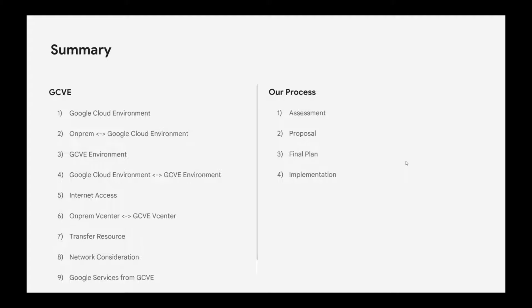Seven, we'll do an actual transfer of resource and talk about how to make that happen. Eight, we'll talk about network consideration when doing that migration. And finally, we'll talk about how you can access Google services from your VMware Engine environment. After that presentation, we'll talk about